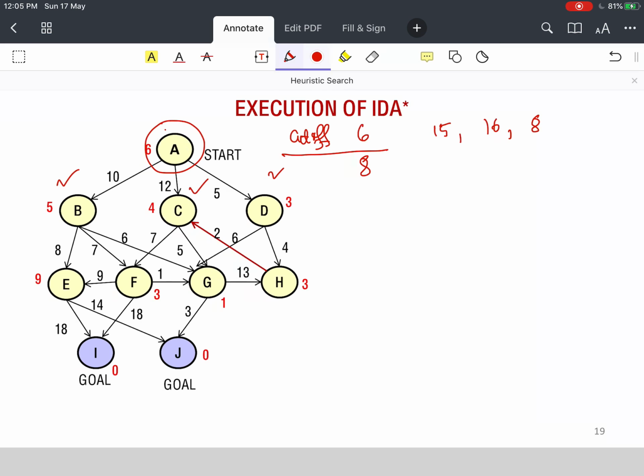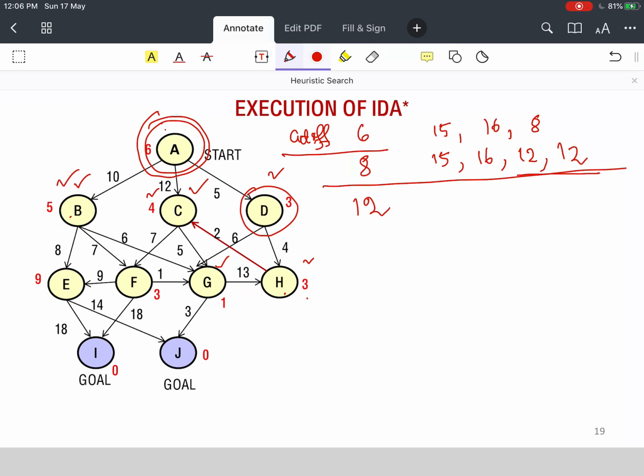Once my new cutoff is 8, the second iteration of search will again expand this node, will backtrack from this node, will expand this node, generate these two children, and out of these children we will see that the cost of B remains 15, the cost of C remains 16, the cost of G, which is 5 plus 6 plus 1, which is 12, and the cost of H, which is 5 plus 9 plus 3, which is 12. So the minimum of these is 12, so the new cutoff is set to 12.